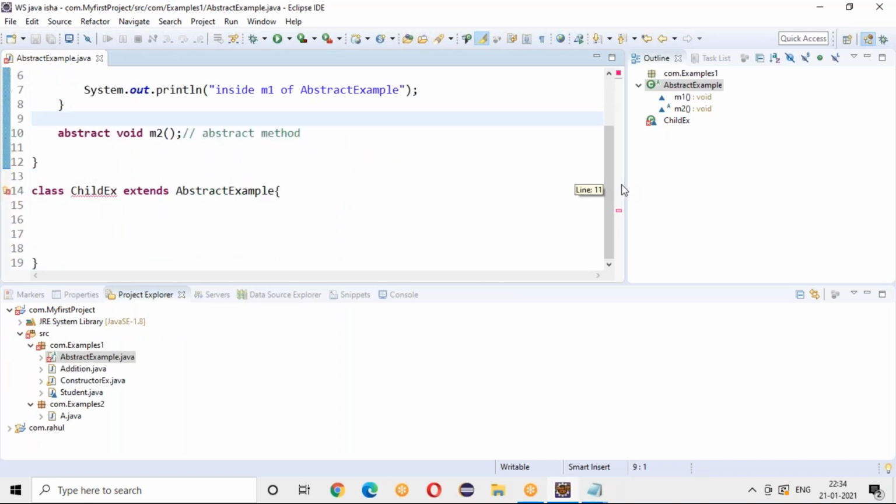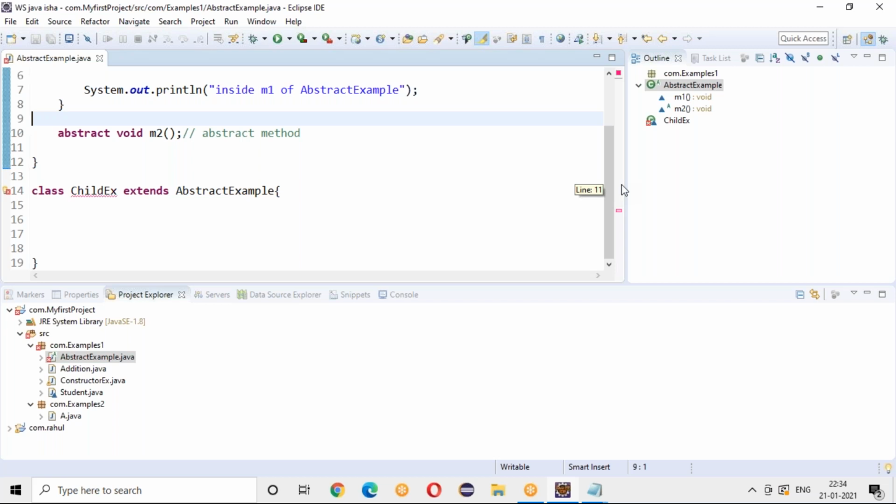So in a general scenario, if your class is not an abstract class, if it is a normal class, this overriding is completely an optional thing. It depends on your requirement. As I told you, why do you do this overriding? Whenever you have some properties of a parent, obviously those properties will come to the child, and that is the concept of inheritance.